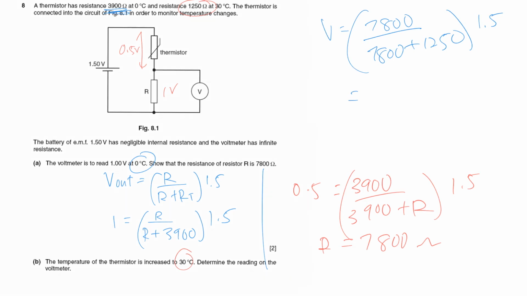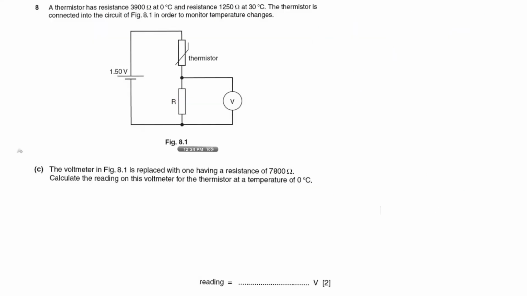Because now, remember, we are actually calculating this voltmeter reading, which is this PD. So you want to find this PD, you take this resistance over the total times 1.5. So take 7800 over the total times 1.5. What they mention in the next part is that you replace the voltmeter with one having a resistance of 7800, because initially you assume that the voltmeter has infinite resistance, but now the voltmeter has a resistance of